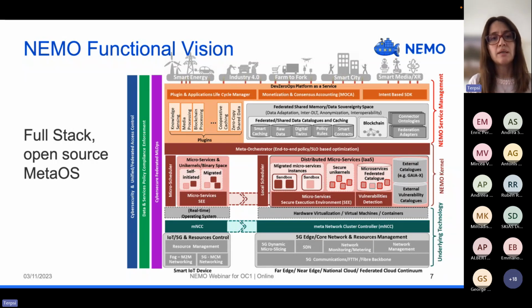Also, you can see at the left several cross-cutting functions referring to cybersecurity, machine learning, and privacy concerns addressed across all this ecosystem.